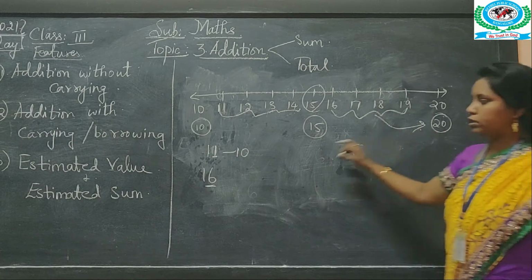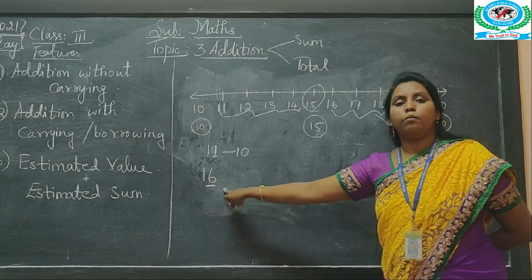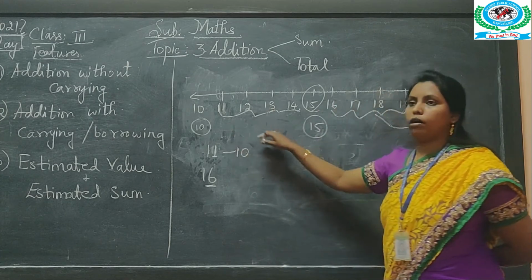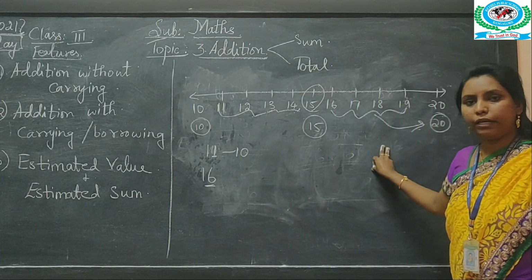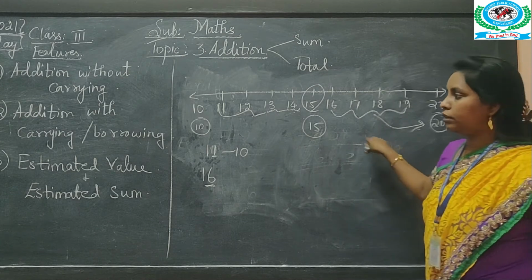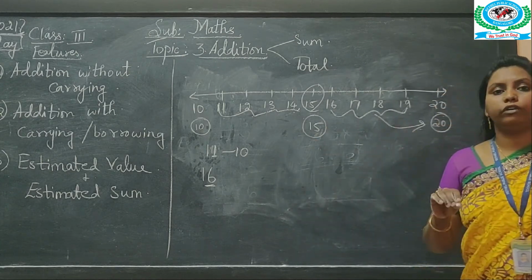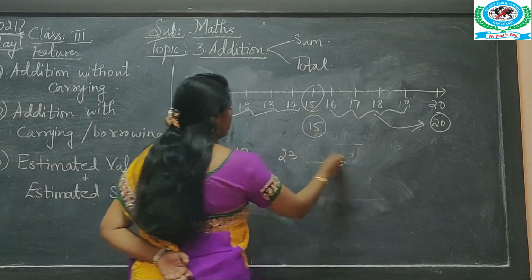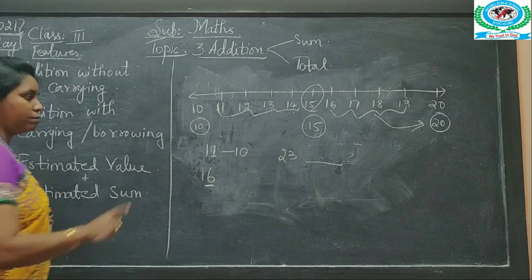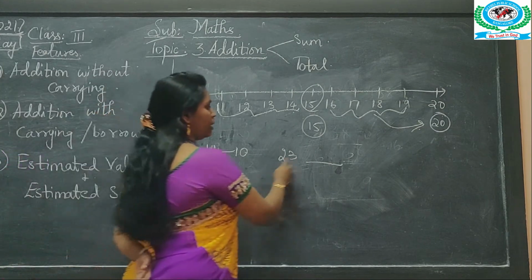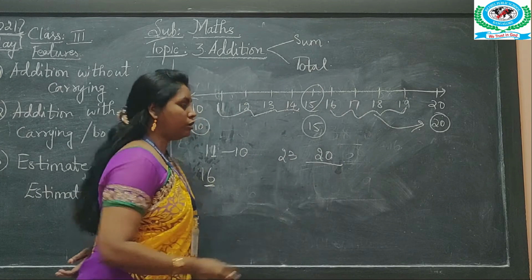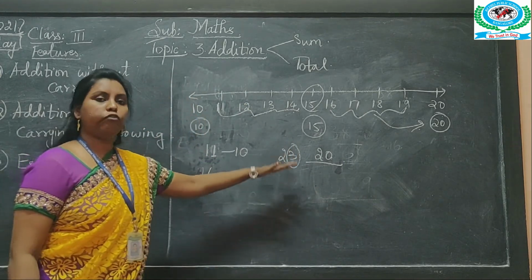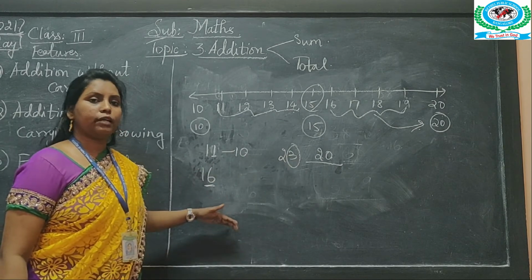So you have to see the unit place, whether it is 5, more than 5, or less than 5, and it lies to that number or to the higher number. Got it, children? This is called the estimated value of a number. If I give an example for 23, the estimated value is 20. How will you know? By seeing the unit place number. It is less than 5, so it falls on the decreasing side of the numbers.